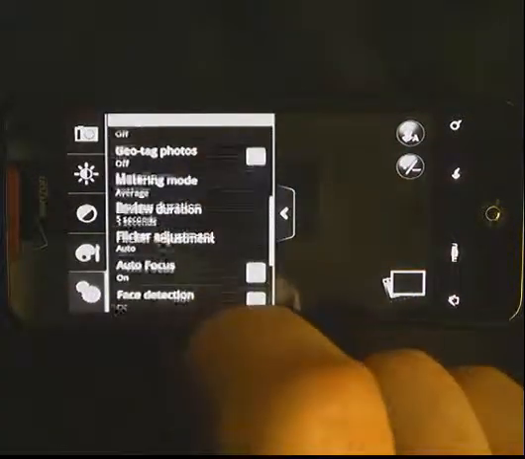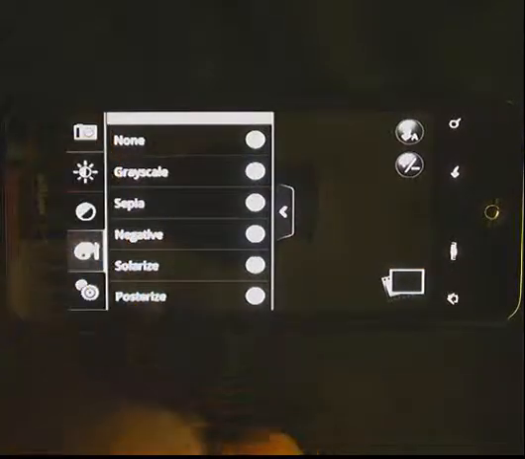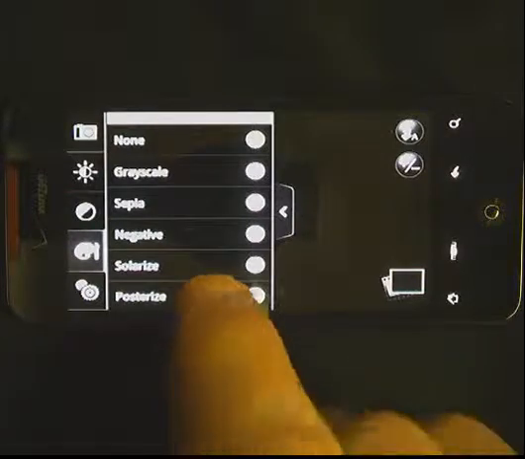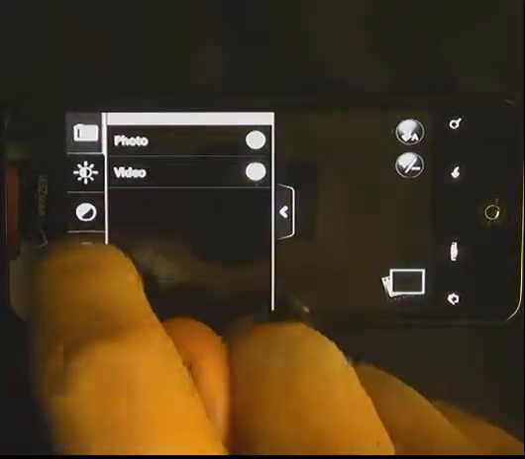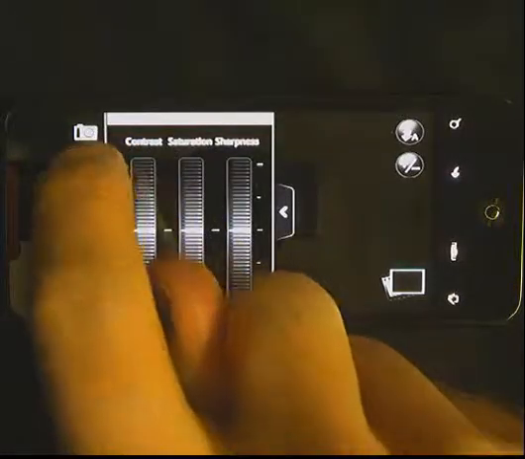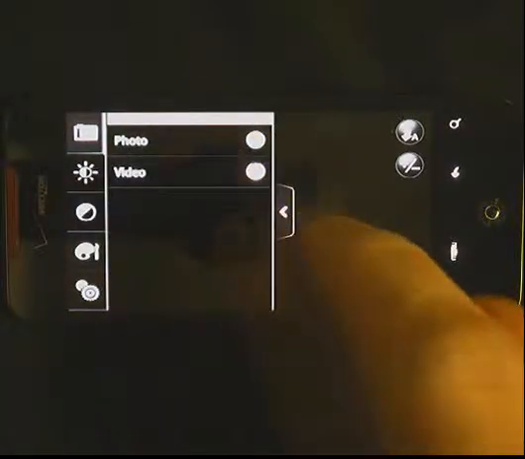etc., etc. If you go up to some of these other menu options here. You can choose to make negative photographs. This has a lot of the same features of a digital camera. And then over here, your contrast settings and sharpness, brightness,